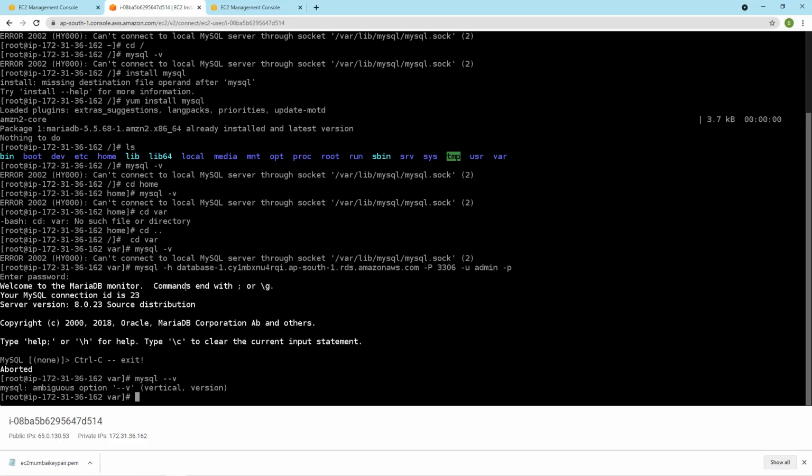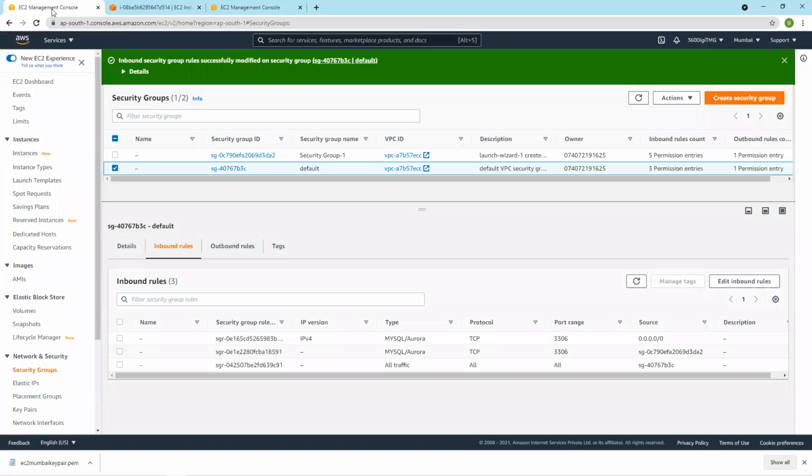So you have to update the security group. After creating the instance, come back here and update the security group with this one, source as internet, if it is a public instance. If it is a private instance, instead of the internet CIDR block, give the security group of the EC2 instance. And this is the RDS security group. This is the database security group. So that is RDS, guys.